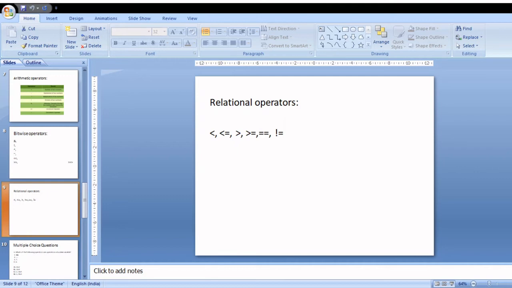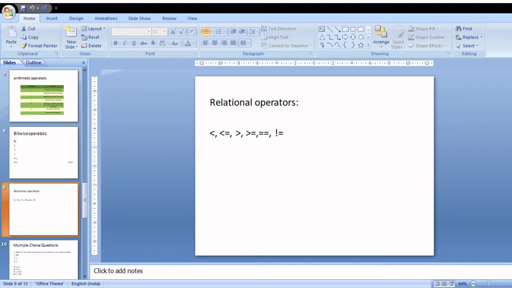For example, you may compare the age of two persons or price of two items. These comparisons can be done with the help of relational operators. The symbols used in case of relational operators are less than equal to, greater than equal to, is equal to, not equal to.